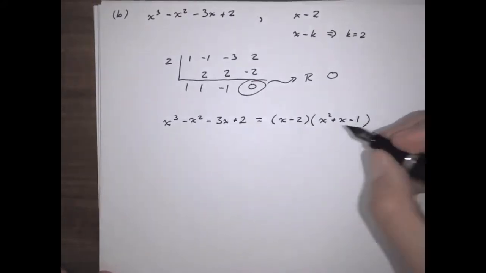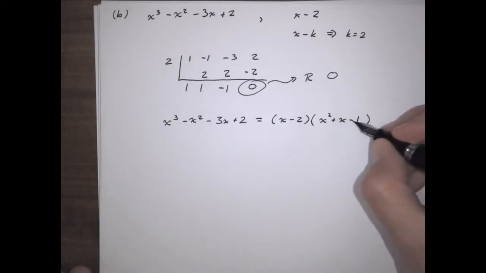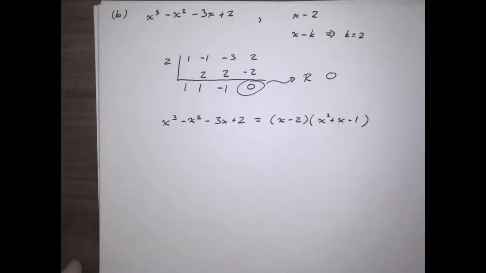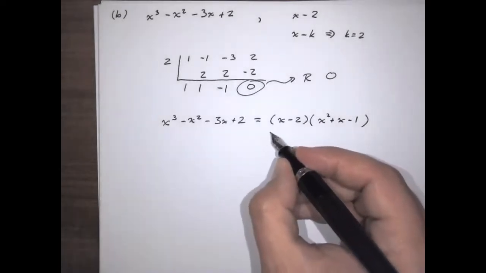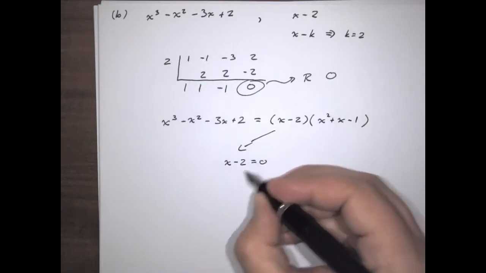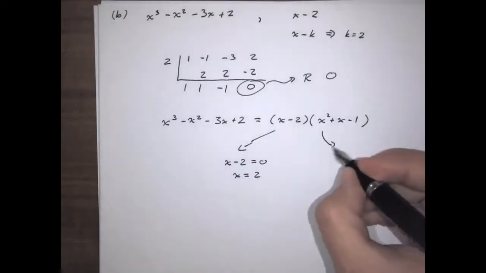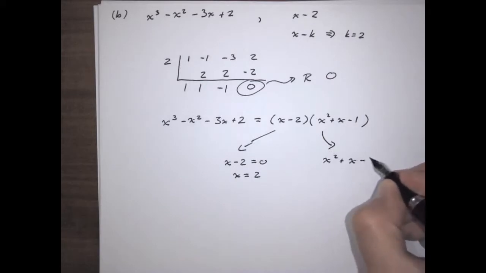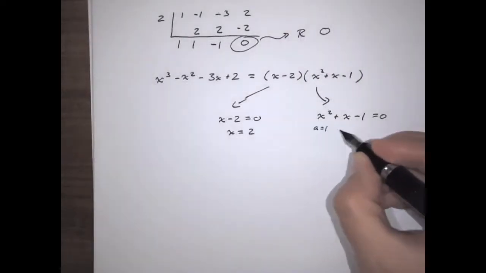Now, we're not going to be able to factor this, you can tell, because it would need two numbers that multiply together to make negative 1 and add together to make positive 1, hard sell. So what that means is we are going to need to take it in pieces. So first off, x minus 2 equals 0 will lead us to x equals 2. Nothing wrong there. Over here, if I want the zeros of this, I'm going to need x squared plus x minus 1 equals 0. If I can't factor it, then there's not really much else for me to do besides